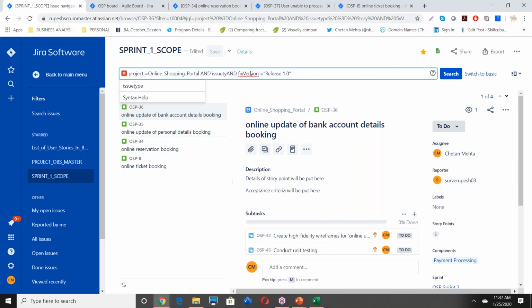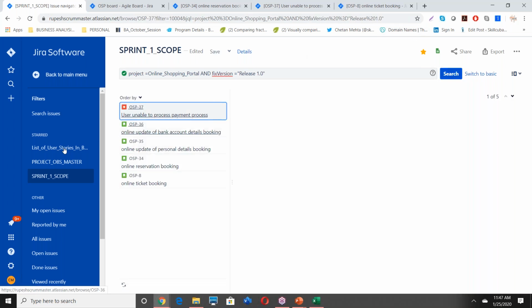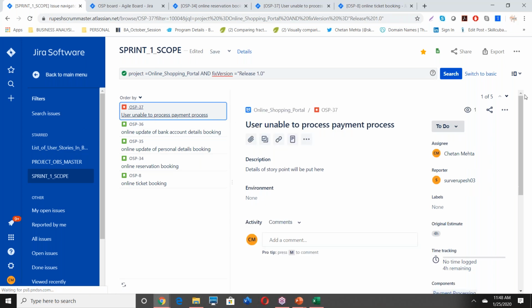If I delete this, it's okay, but it's going to give me the list of all the issues that are part of release one. That will include your stories, epics, tasks, subtasks, defects, everything. It will give you more than what we wanted. Understood.